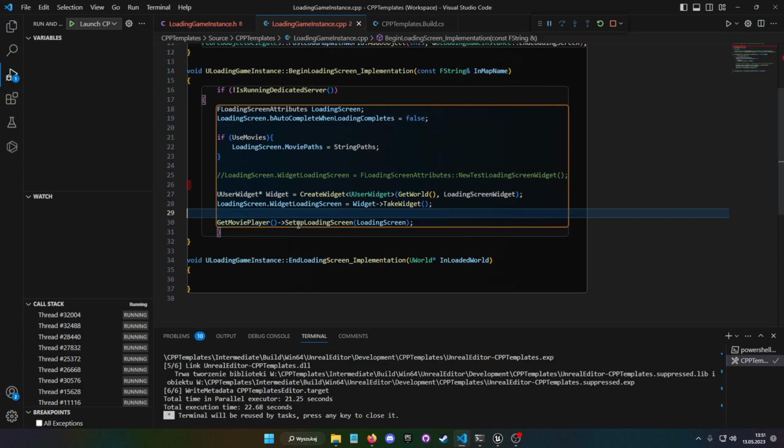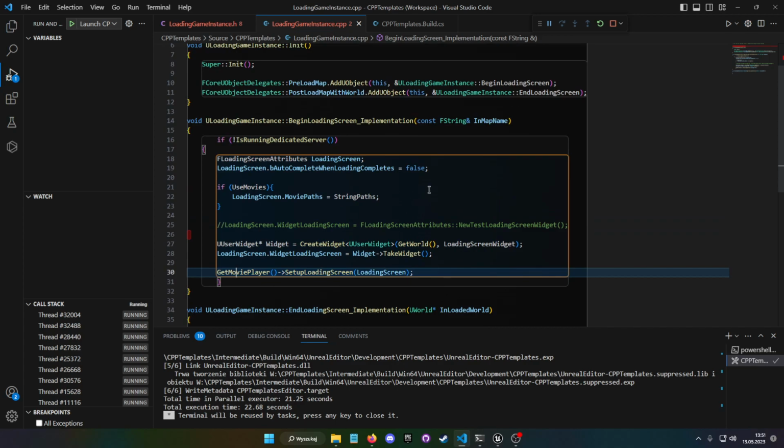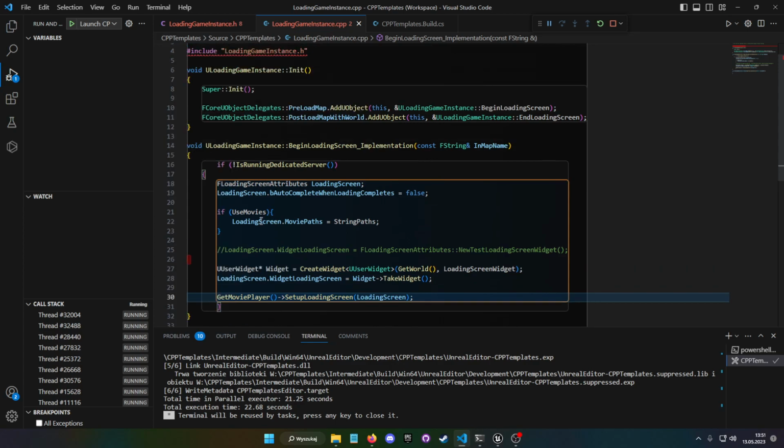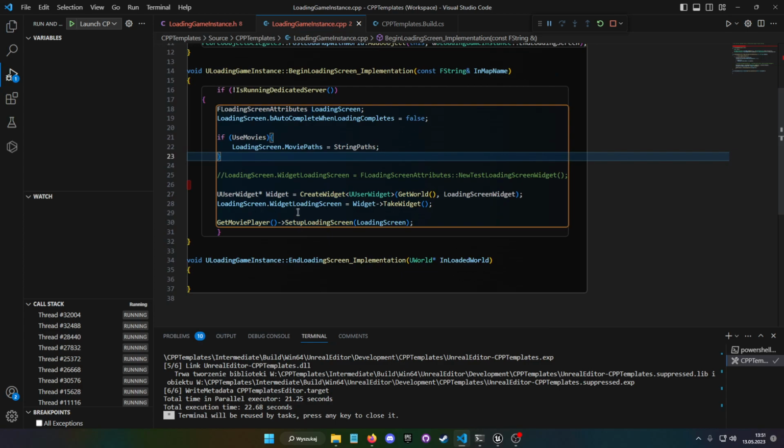Then we just call the function SetupLoadingScreen with the argument of the loading screen from the GetMoviePlayer interface. And that's basically it. This code will create and assign a custom widget. And if we want to use movies, it will also play the movies that we assign in our game instance class.